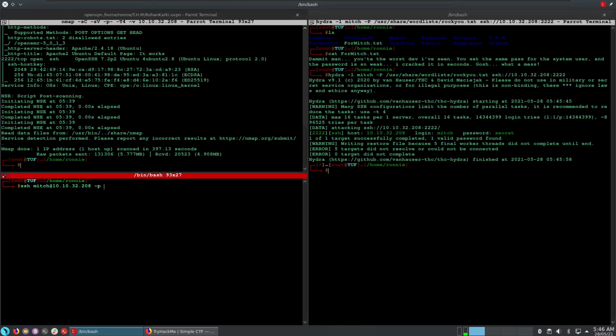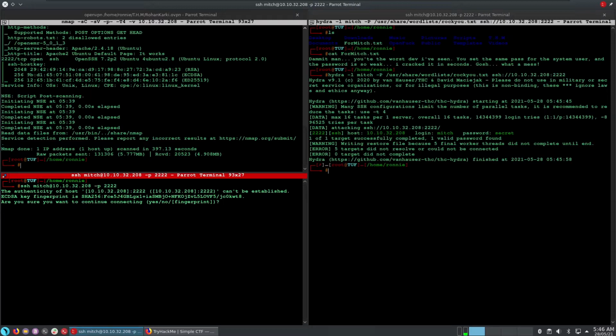Since the port is not 22, the port needs to be specified. By default, it takes the port as 22 if not specified. So let's specify it as 2222 and hit enter, and then go ahead and type yes. The password, so secret,